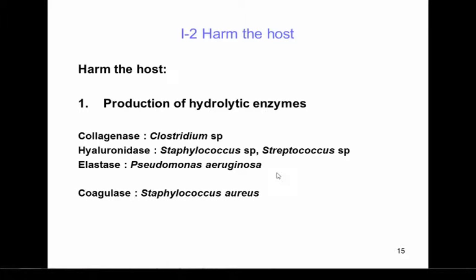Now, there are other enzymes that are produced that have other effects on pathology. So Staphylococcus aureus produces a coagulase, so it provokes blood coagulation. So the bacterium gets surrounded by a blood clot. And this is the first step in the formation of